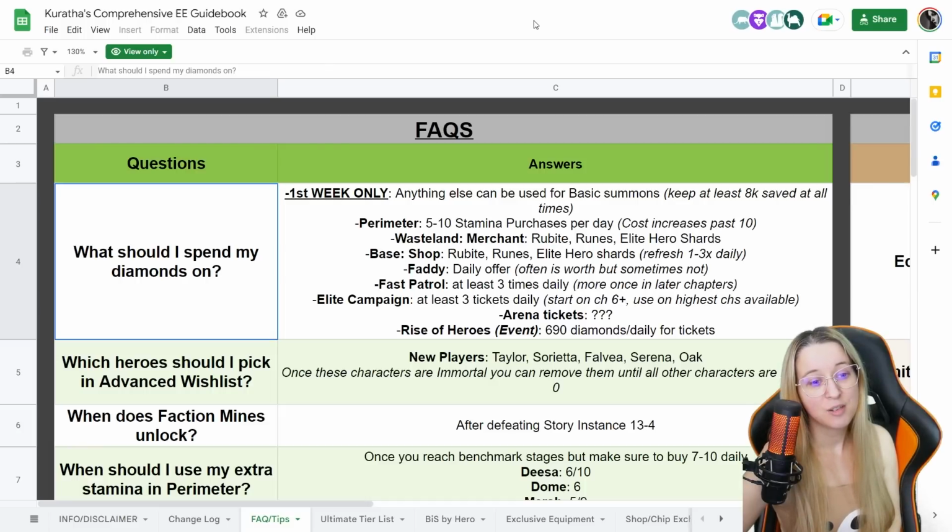Elite campaign, using your 3 tickets daily, absolutely. And then Rise of Hero events, always maxing that out every day. It's so worth it. When that event is happening, I always get at least, the heroes I've gotten so far all have gotten to Immortal level. And then even Immortal 1 so far. So that's really great. Totally worth it. Plus all the other resources you get besides the actual hero. And then Arena, just depending on how you're grinding Arena, if you need to, it's okay to use them there as well.